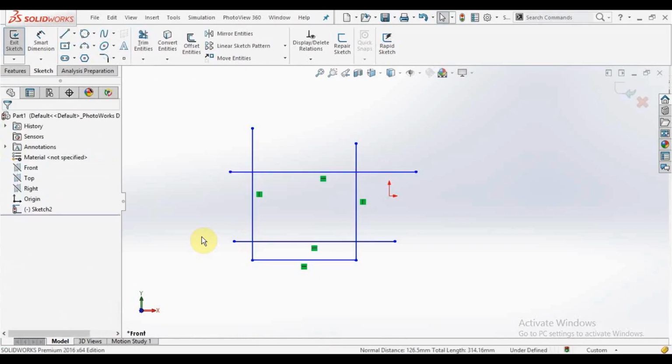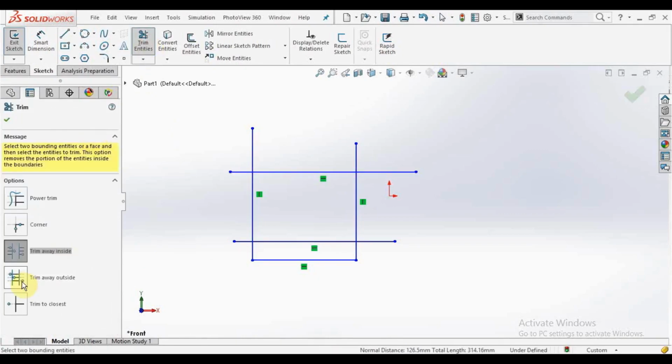Yeah, so the next option is trim away outside, so click on it. If I want to delete these two lines, you can do it easily with power trim, but I will show you how trim away outside works. Click the two lines which you want to keep in between. These two lines are safe lines, and you can see there are red lines.